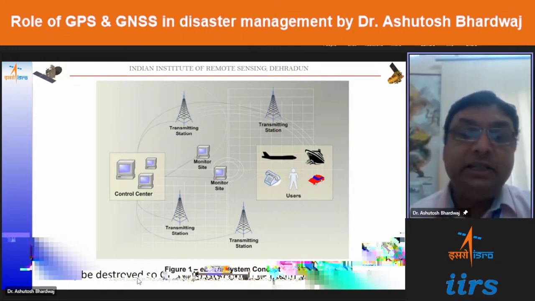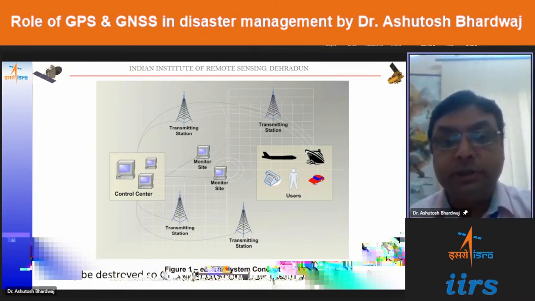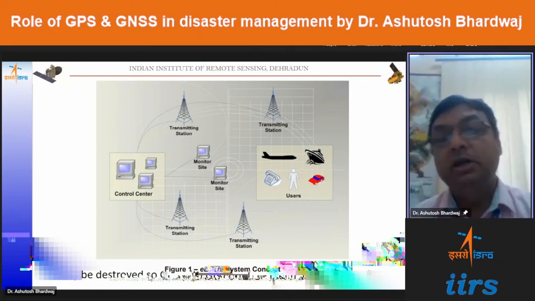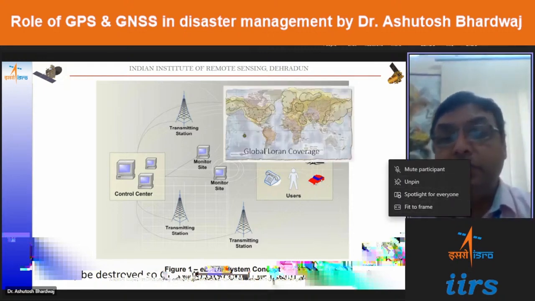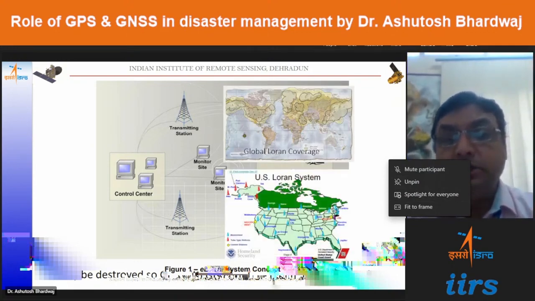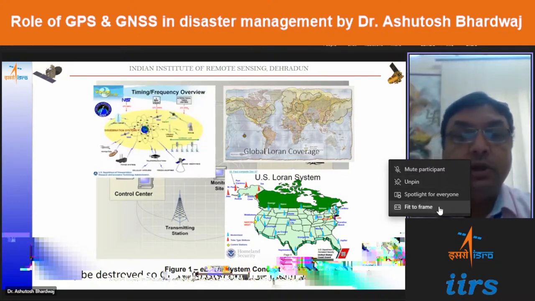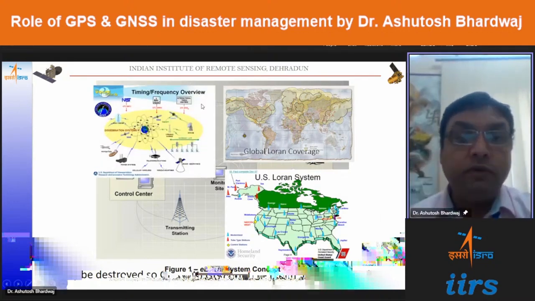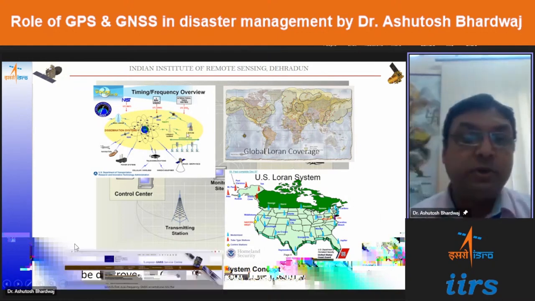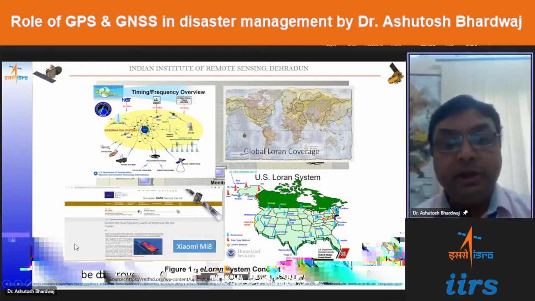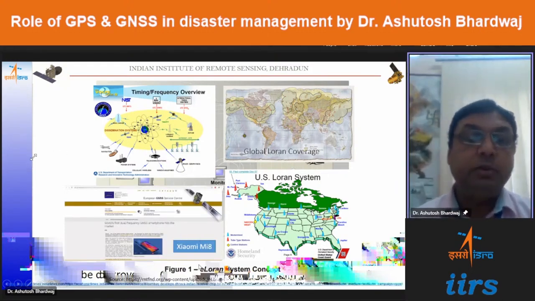Now, this slide specifically shows the ELORN system concept, which is the tower-based system for navigation or position finding on the ground. These are the footprints for the global LORAN coverage. This was regional in nature. Then US LORAN system towers are shown. And then the timing and frequency overview, where we can see that the satellite-based technology and the tower-based technology have been merged together. And then the Xiaomi Mi8 system, which came into market with the dual frequency GNSS for